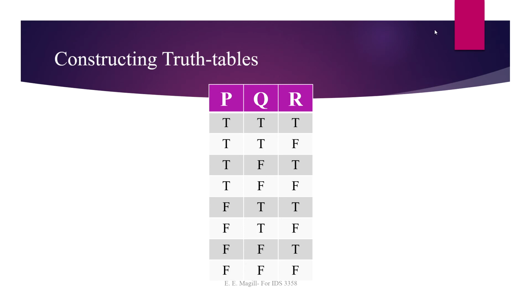I know this is tedious, but I hate to see students get a problem wrong because of not formatting the possible truth values in their tables correctly. This is also why I strongly recommend students use graph paper. We can deal with truth tables 4, 8, or sometimes even 16 rows long. And I've seen students lose points because they didn't keep their rows straight or their columns straight when doing assessments